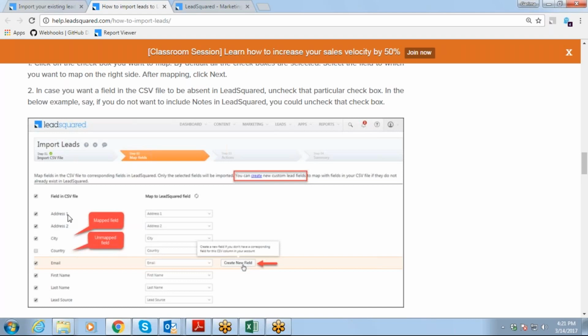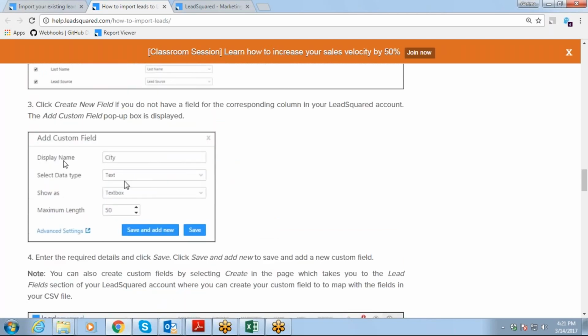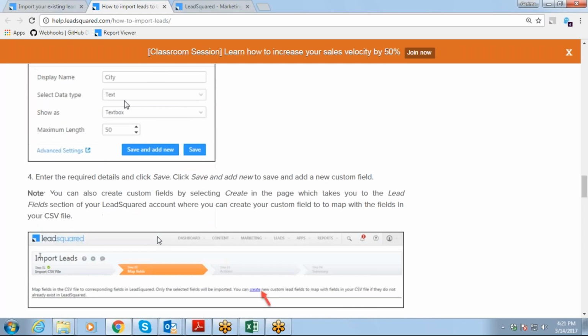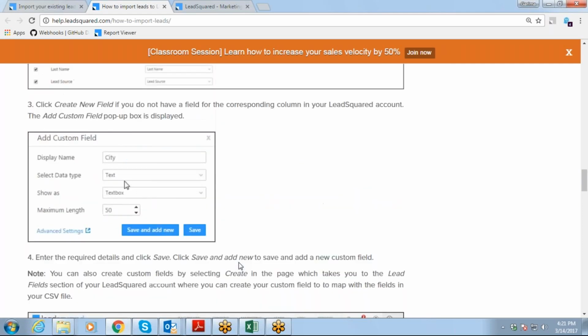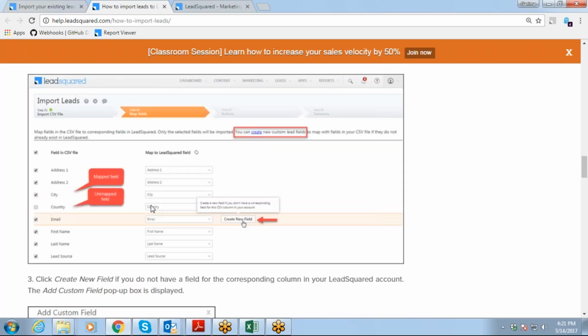So the header of one column, like address one, will be mapped to the address one field in LeadSquared. You need to keep mapping here. If there is no field created in LeadSquared, you need to create a new field by clicking here. Whenever you click here, it will ask you for the display name, the data type, everything. Please save it and add new, and then we'll move to the next. So what I'll show you here is